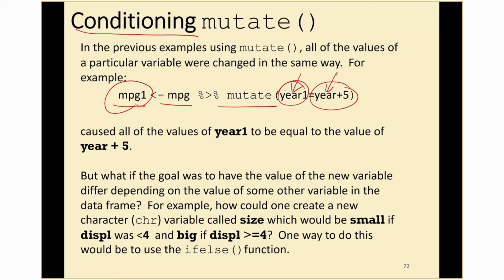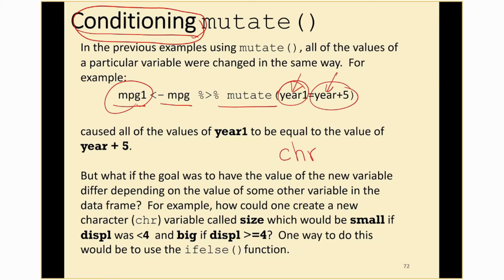I want to use mutate to create a new variable. The name of that new variable is going to be size, and size is going to be one of these character variables. Size is going to be a word, and it's going to be one of 2 words. Either the variable is going to have the value of the word small, or it's going to have the value of the word big. But the whole idea about conditioning a mutation is whether it's a value of small or a value of big is going to depend on